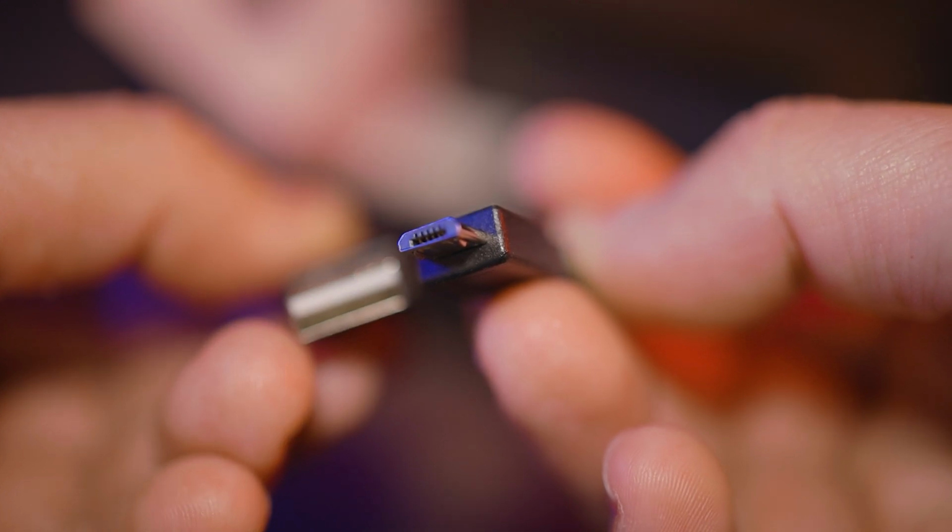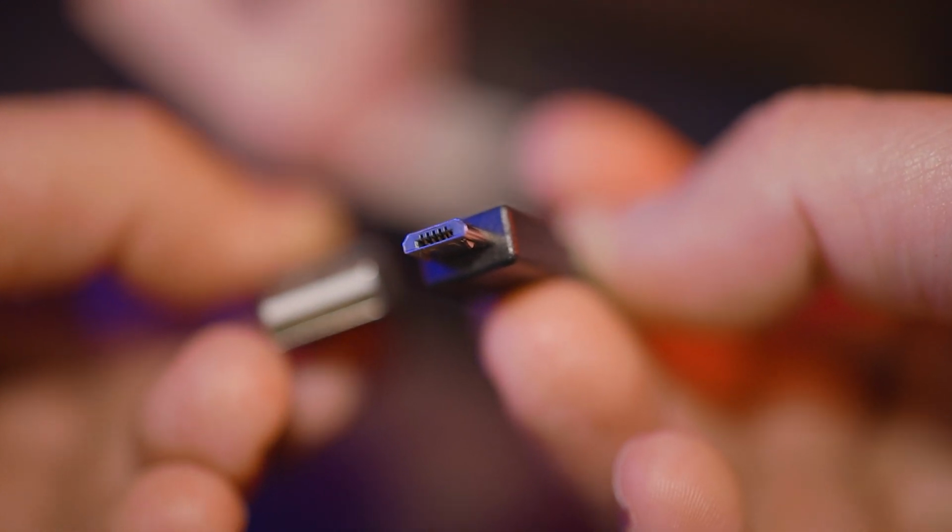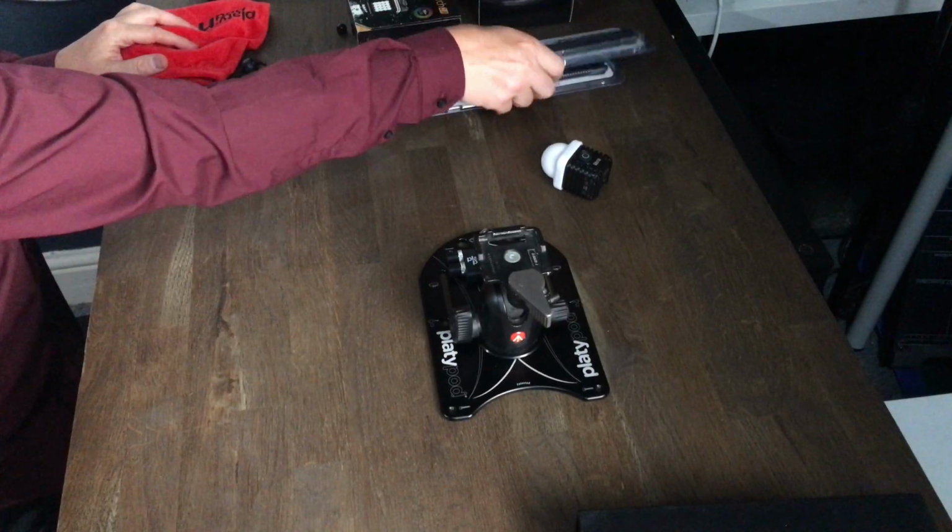It's a shame it's not a USB-C charging cable. I do like my USB-C charging cables, I'll be honest with you. But it looks like it's a micro USB. They tend to break quite easily. I don't know what your experience is with that, but the other thing we want to look at is the